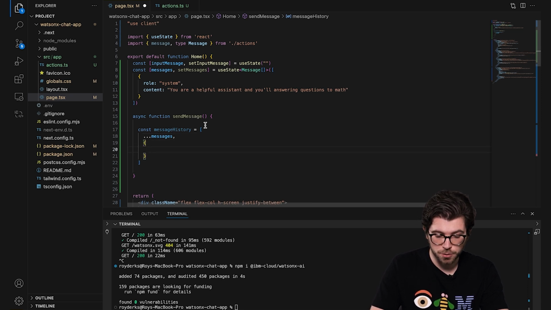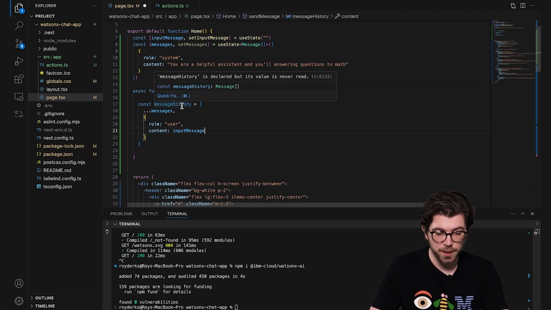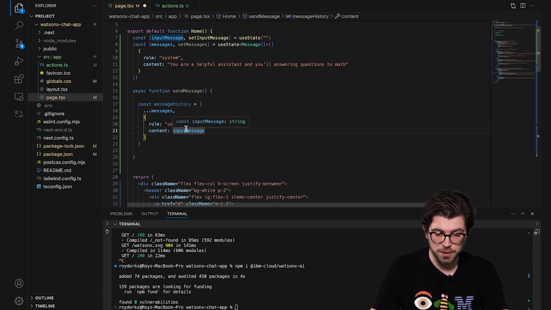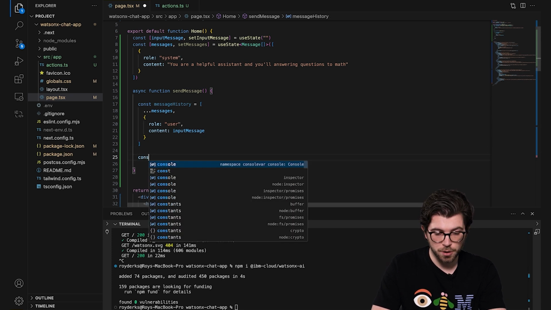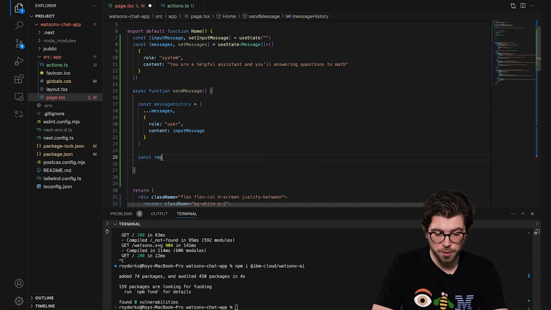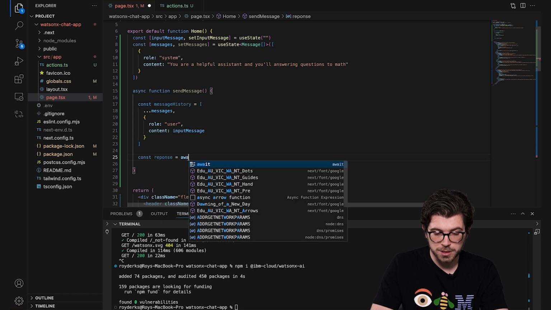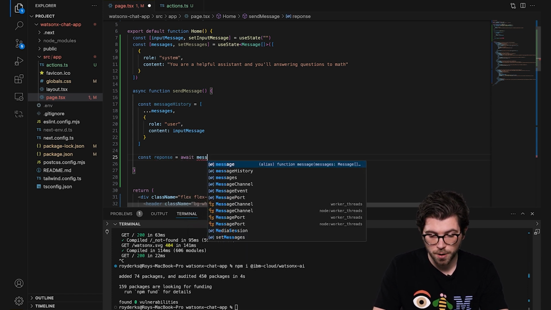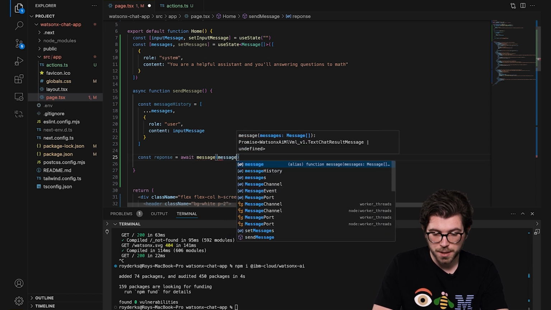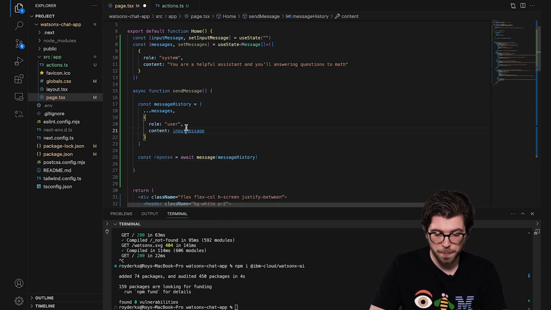And then also the most recent message, which is your question, which is coming directly from the state variable inputMessage. And the role for this would be user, because you're sending the message. And content would then be inputMessage. So this is a shadow history because we're not using it to update the state, we're using it to send a message to the large language model. So in here we're going to take the response coming from the model by awaiting the message function that we imported and created earlier on. And this will take the message shadow history.